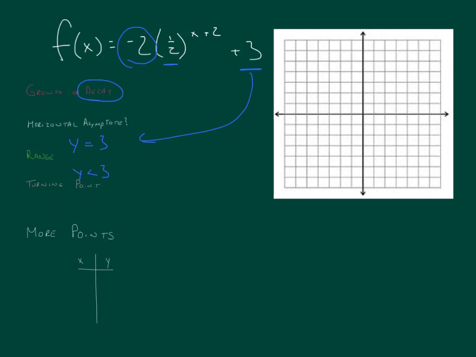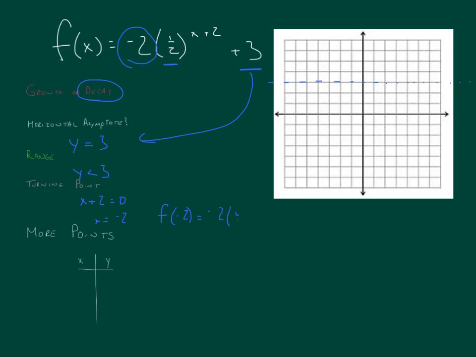So we got our asymptote of 3. We'll draw that in. Everything's going to be below that line. We have the same turning point happening again, or at least the x value for it is once again a negative 2. If we plug in f of negative 2, then we should end up with a negative 2